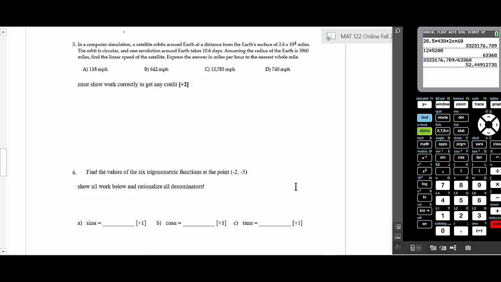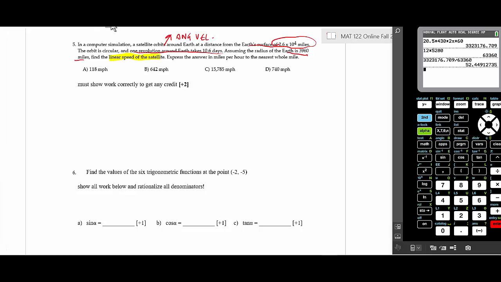Let's see. Now this one says you have a satellite that orbits around the Earth at a distance above the Earth's surface of this many miles. So that's the amount above the surface. Okay, it says 1 revolution around the Earth takes 10.6 days. And that is an angular velocity. So that's omega. Then we have the radius of the Earth is 3960 miles, and then we're trying to find